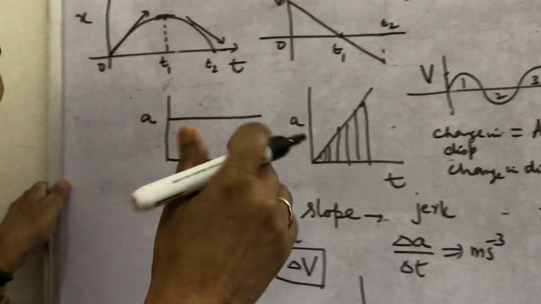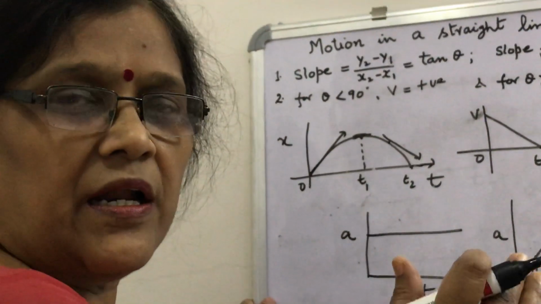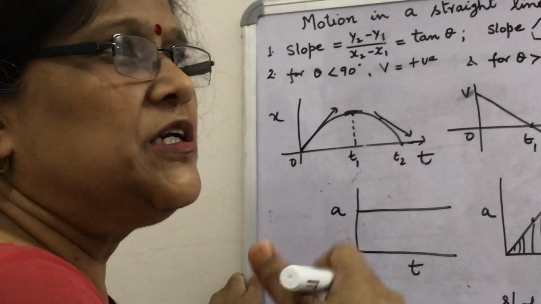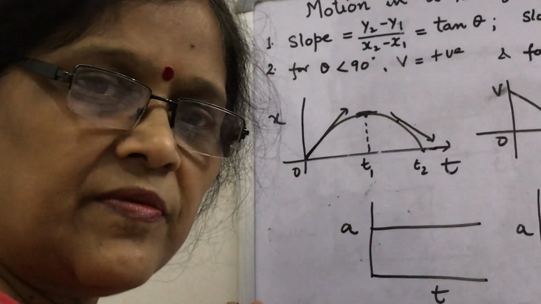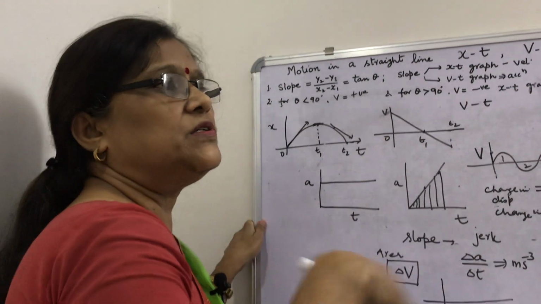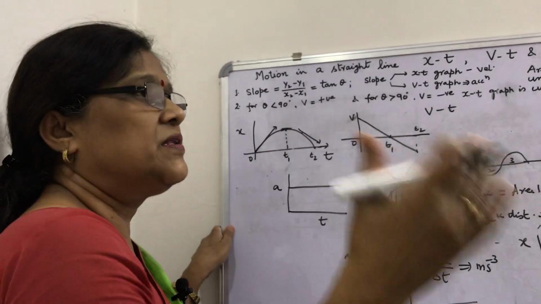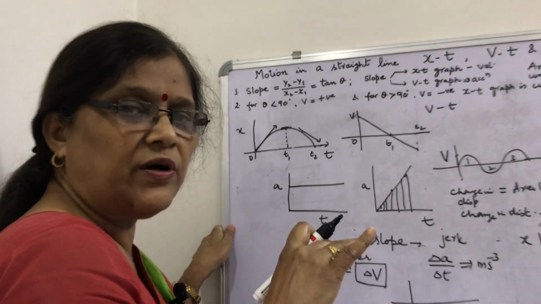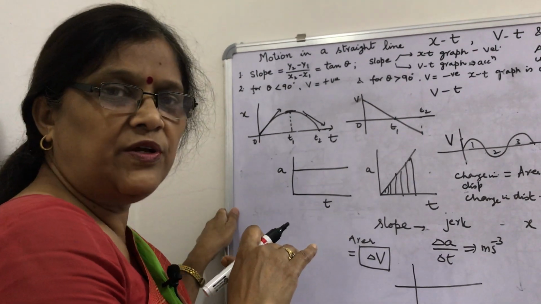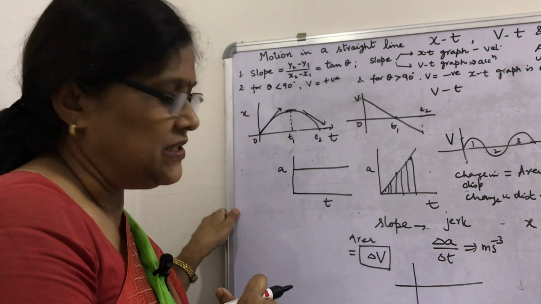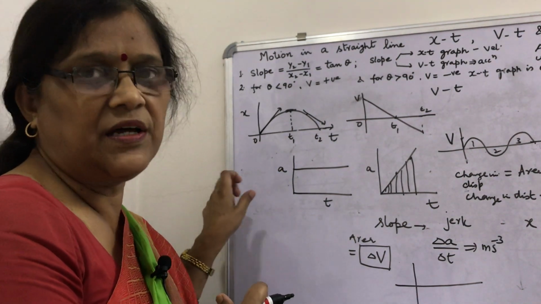In this way you have to learn many questions, and I will discuss in the next video that if the displacement time graph is given, plot the velocity time graph. If the acceleration time graph is given, plot the xt graph. How will you plot? I will discuss in the next video, along with the calculation of some instantaneous velocities with the graph.